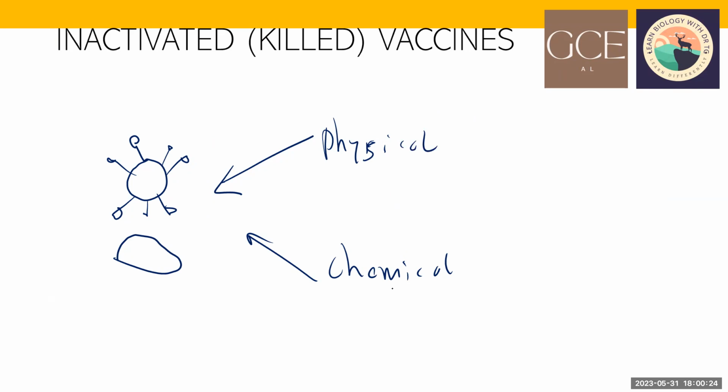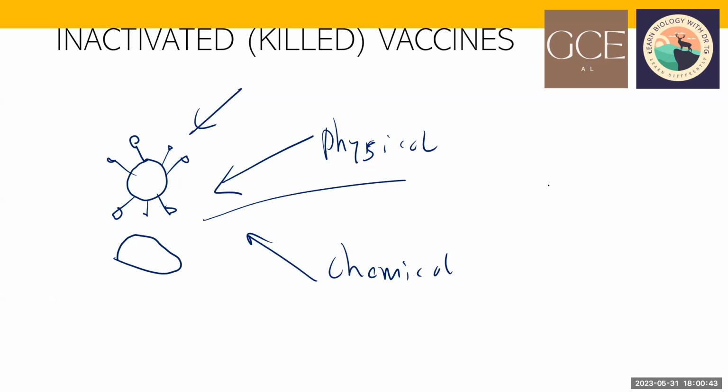So scientists know what kind of chemical, what kind of physical methods, what kind of radiation or something to use to inactivate them. They are inactive, but their structure is there. That means the whole structure is preserved. Nothing happened to the structure.